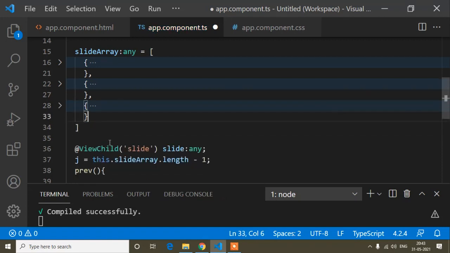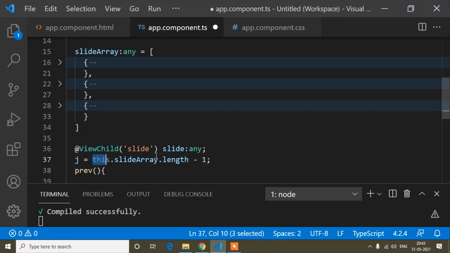So that's why, when the last object comes, this is slideArray.length, and for the last object I have written minus 1. That means when the last object comes, it will not slide again.